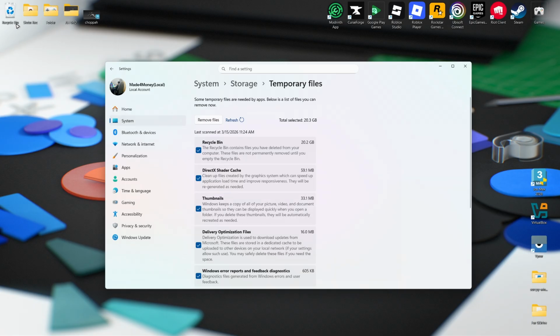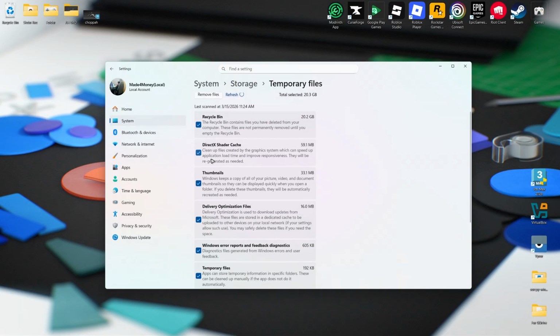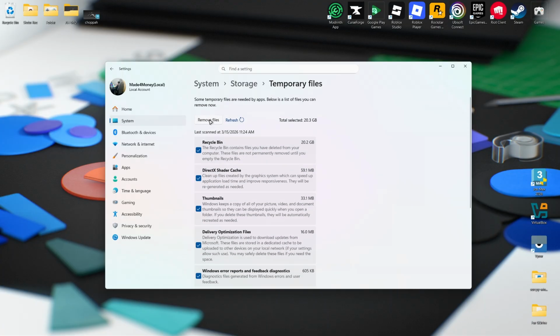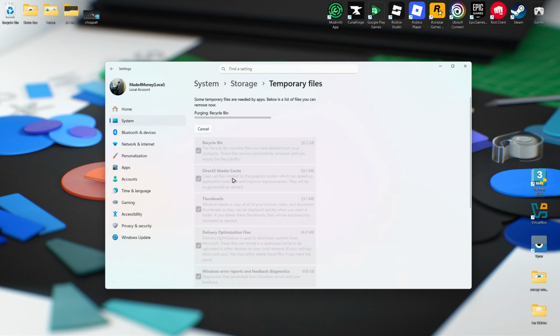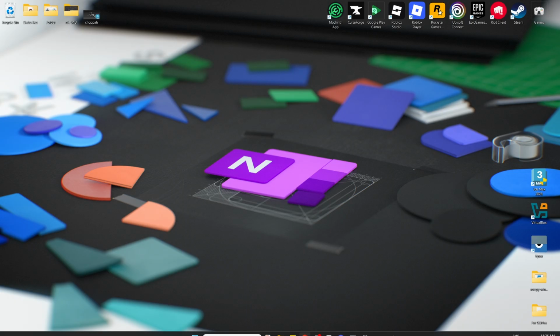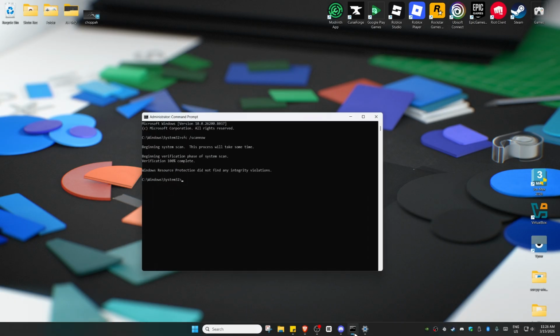Okay, make sure that you don't have important files in your recycle bin. If you have any, make sure that you double check before you tick this option. And then once that's done, you can now go ahead and click on Remove Files, hit Continue, wait for the process to finish, or if you can't wait, just minimize it and check other programs that you have processed